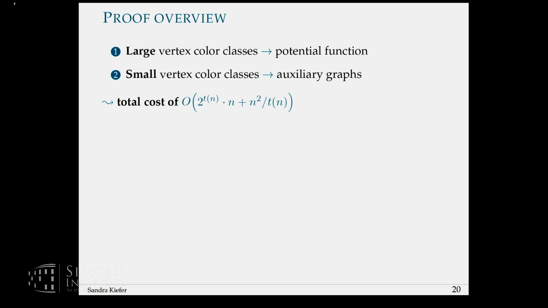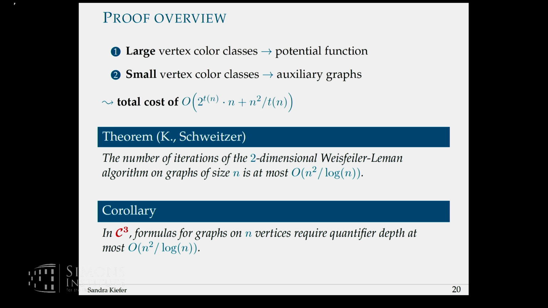And yeah, I didn't explain the large vertex color classes, but from them, using this potential function, you get this bound. So all in all, you have a total cost of this, the small ones and the large ones. And then where t, as I said, is the maximum size of a small vertex color class. So you have to adjust t so that this gets optimal. And you can do this by setting it to log n divided by 2, and then you get the bound I mentioned. Yeah, if you just insert log n divided by 2, you get this bound. And yeah, also the bound for the logical